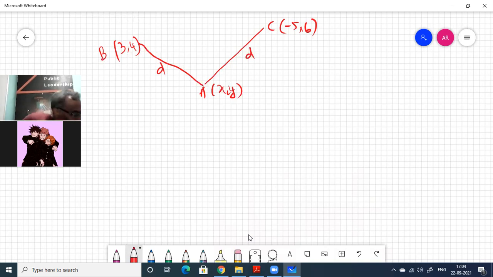Now he's telling us to find a relation between x and y. You have to give a formula. What you have to do, we know that this distance equals this distance, both are the same distance, correct? So